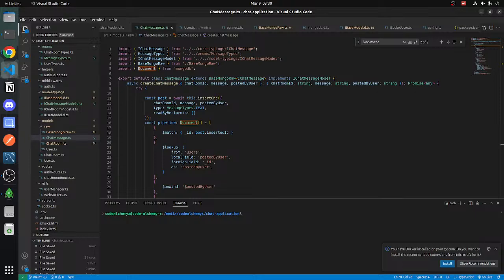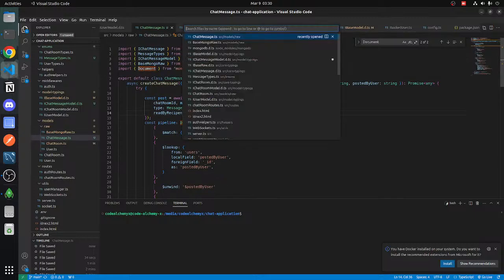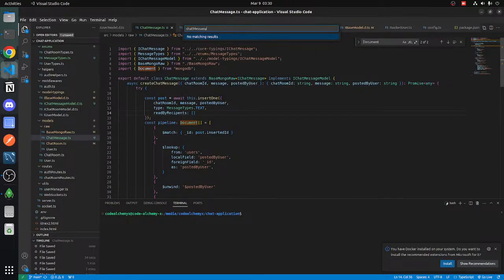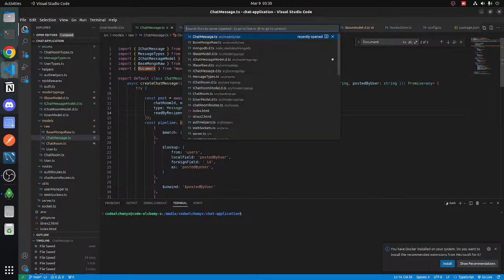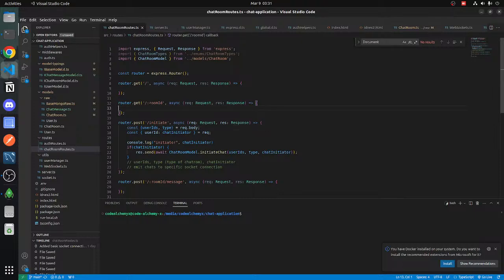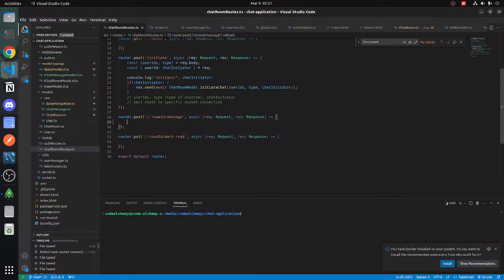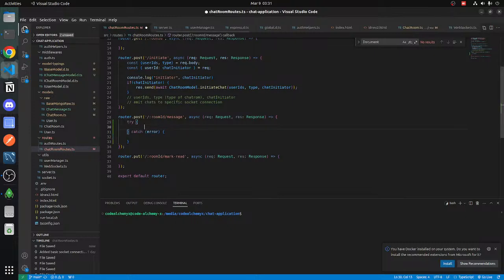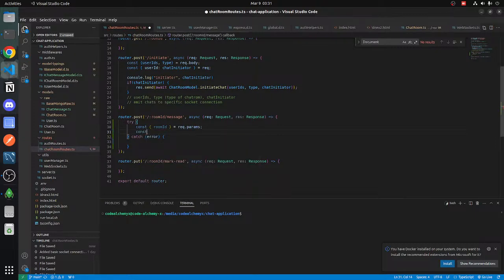Now we will be implementing it in our message route. So let's go to the chat room routes. I always forget, chat room routes, post message, then initiate. First of all, let's cover it in try catch so that we can handle errors. First, roomId: we are getting the room ID from request.params,